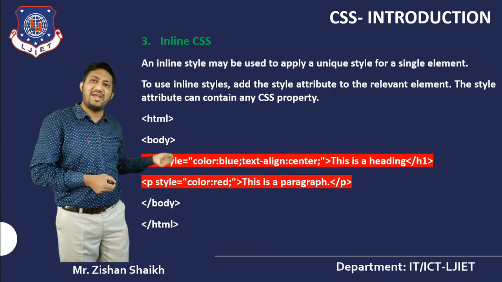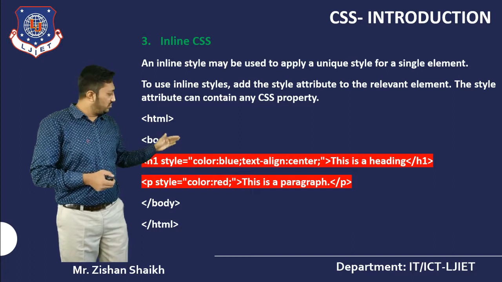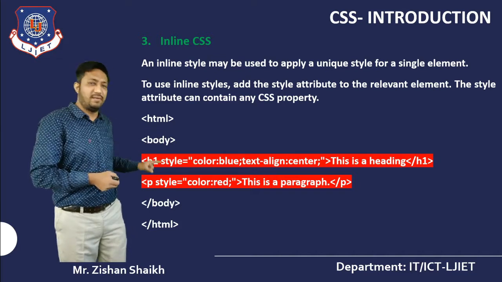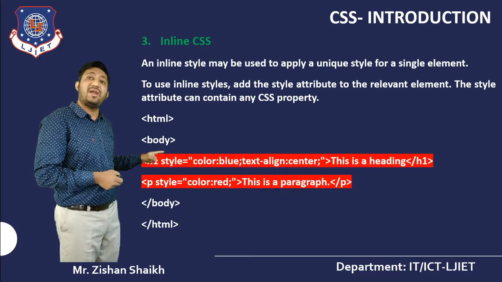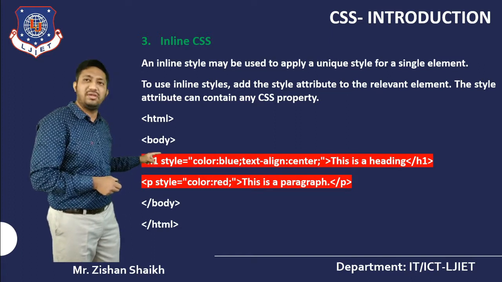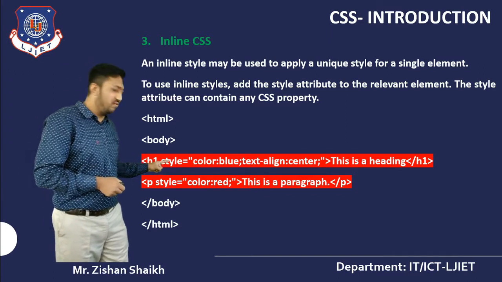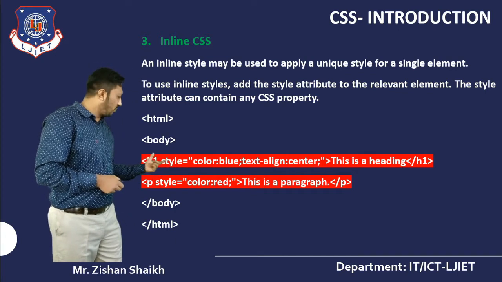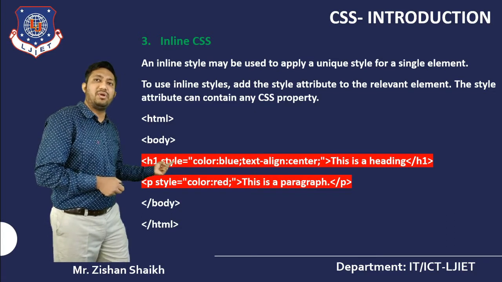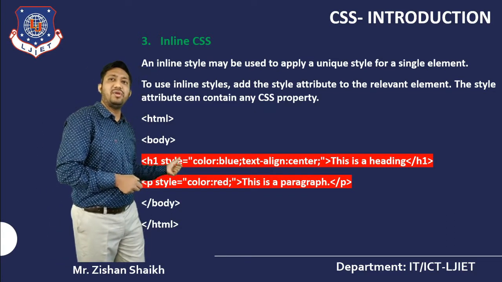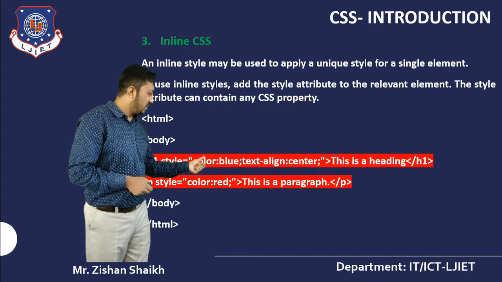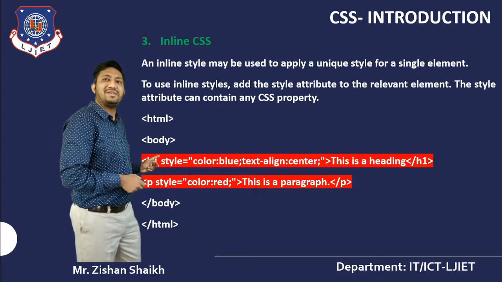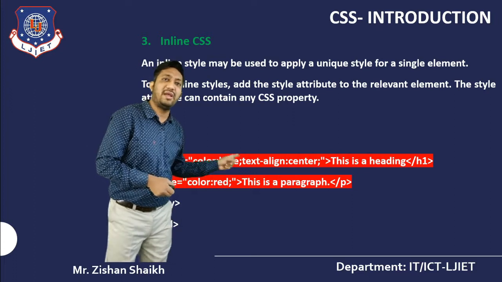So inline CSS, we are writing CSS code in the line of code of your HTML file in which you require it. For example, this is my H1 tag. In that I require CSS attributes. So what should we write here? For that you have to write, compulsorily, the syntax style is equal to. Compulsory here, one property is style is equal to. You have to write the property and value. Here I am using color blue, then separated by text align center. So only this H1 tag is assigned the properties color blue and text align center.